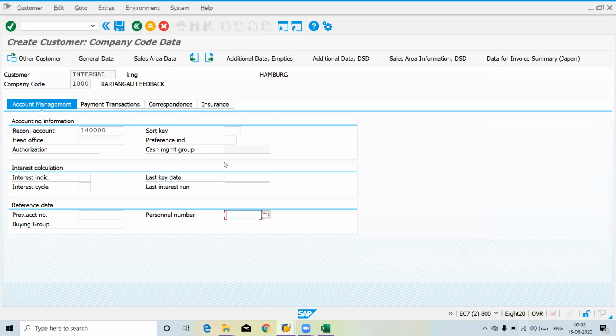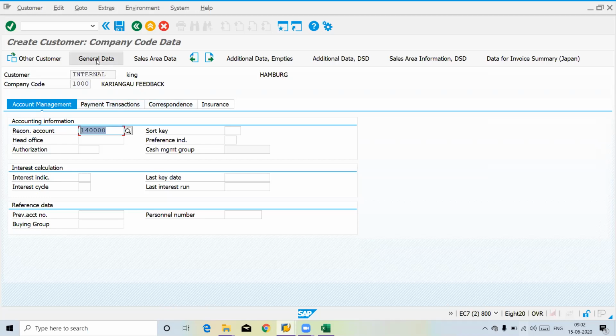You have something called personal number. Most of these fields are data provided by FI consultants while doing data loads before any project go-live, as part of their cutover activity. This reconciliation account also will be created by the FI team. What is this reconciliation account? I will explain later.